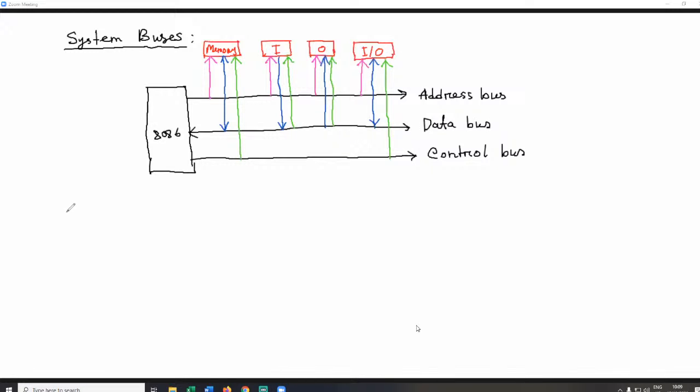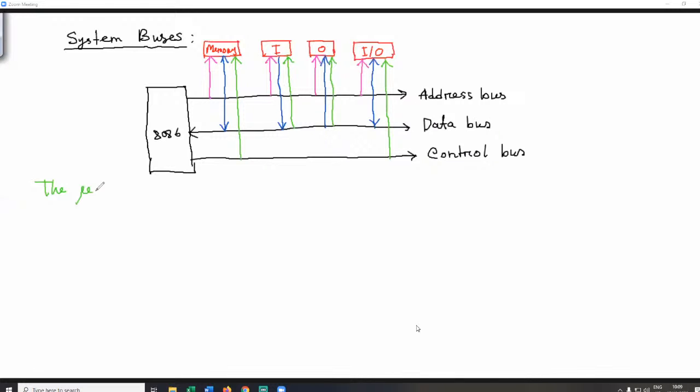These are called system bus. There are three types of system bus: address bus, data bus, and control bus. If the question is how the processor connects to the external devices, then you can say that the processor connects to the external devices or peripheral devices using the system bus. So the microprocessor communicates with memory and input output using the system bus. So you can write that